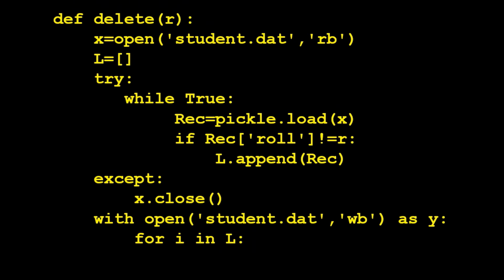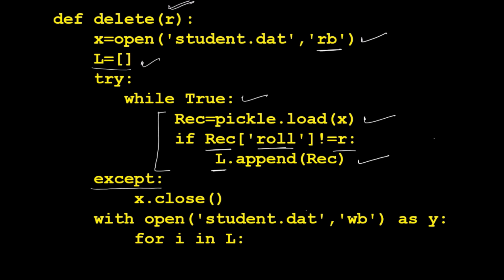In your function, you open the file in read mode, then read each record from the file one by one in a loop and compare the roll numbers read from the file in each dictionary object with the roll number given by the user. If the roll number does not match, keep on storing such records in a list such that after reading all records from the file, the list L would be holding all file records except the one to be deleted. And when end of file is reached, that is in the except block, you close the file